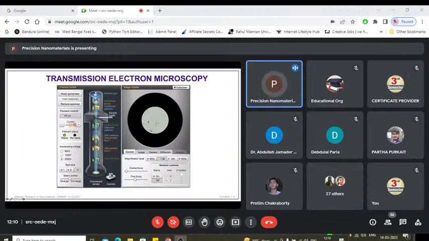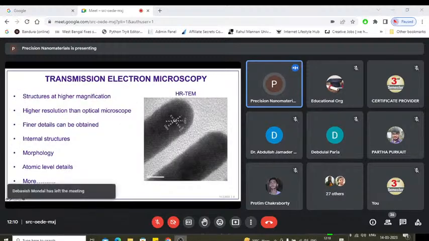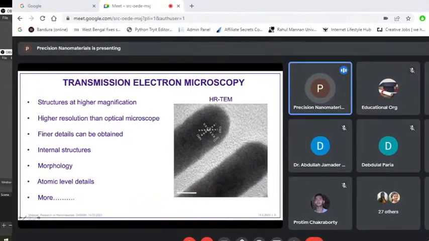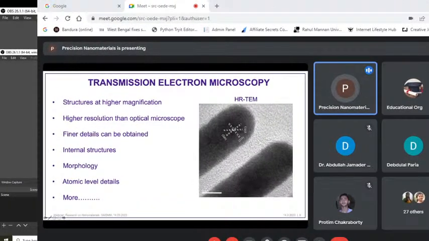Yes. The issue with transmission electron microscopy is that it gives us very high resolution. Today we can routinely see objects at 4 million times higher magnification than we can see with the naked eye. We can get very fine details, we can get internal structural detail, because the electron beam is passing through,